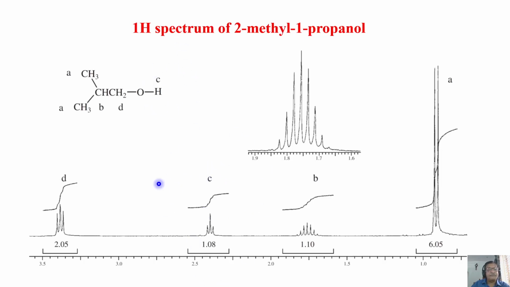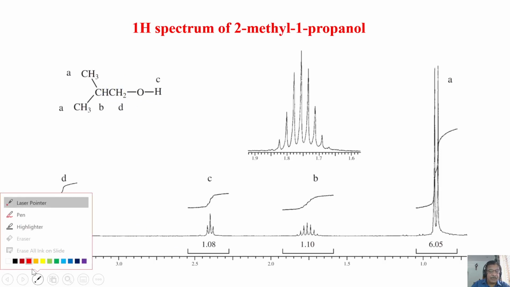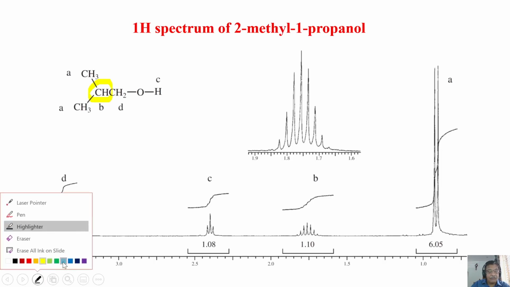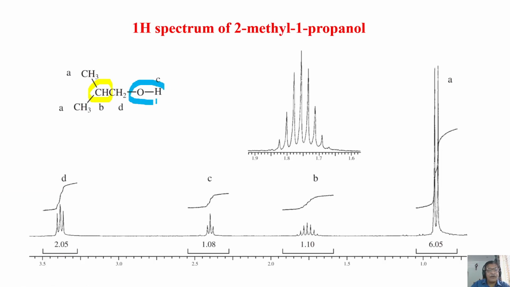So this is C. Fine. Next is what? In the same order you come, you will see CH2 here. What is CH2 there? Now the CH2 here is coupled to CH, and also it is coupled to OH. It has to couple to OH because we have seen a triplet for OH. That means the CH2 is coupled to OH and also the CH, two individual protons, single protons it is coupled to. Then what is the pattern we expect?